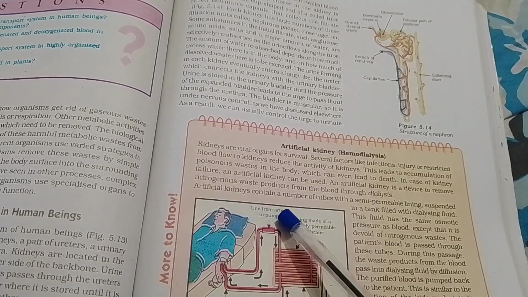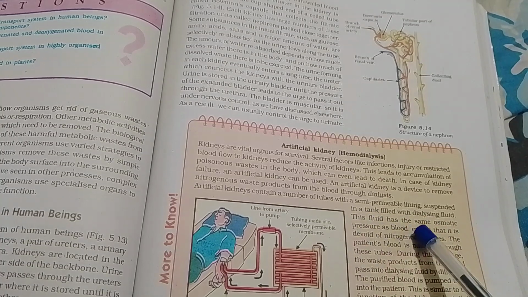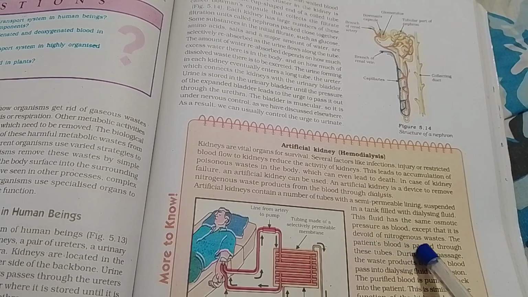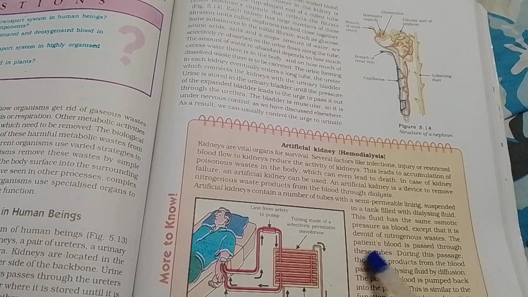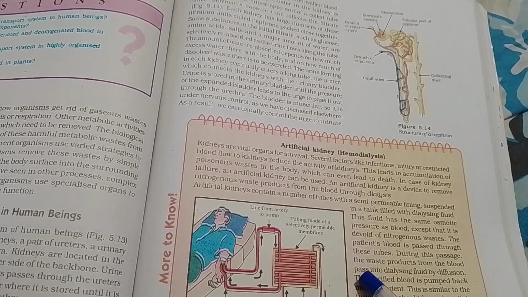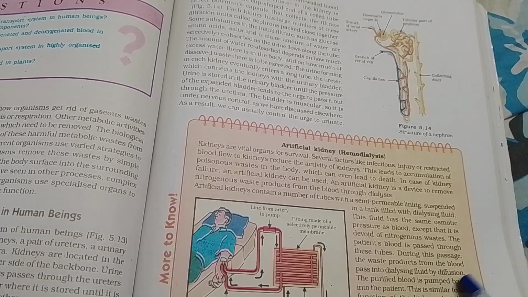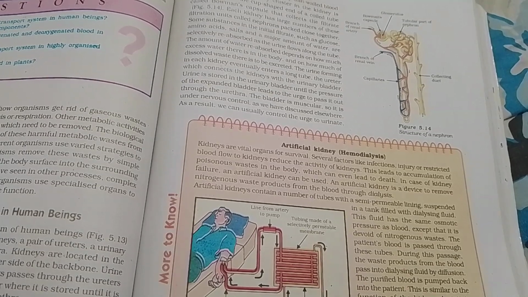Artificial kidneys contain a number of tubes with a semi-permeable lining suspended in a tank filled with dialysing fluid. This fluid has the same osmotic pressure as blood, except that it is devoid of nitrogenous waste. The patient's blood is passed through these tubes. During this passage, the waste products from the blood pass into the dialysing fluid by diffusion. The purified blood is pumped back into the patient. This is similar to the function of the kidney, but it is different since there is no